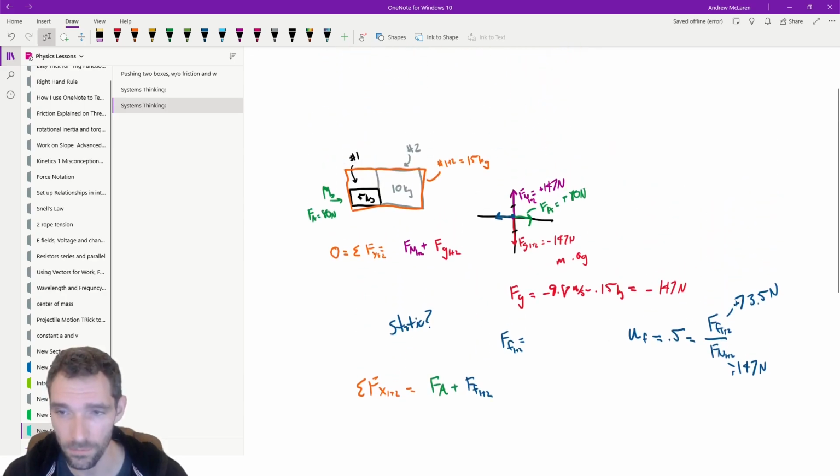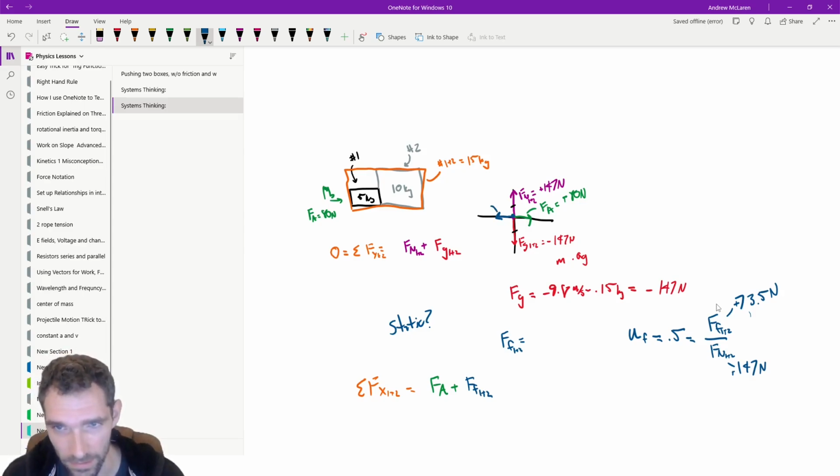So the force friction here, the static, is looking like we're getting, when we do the calculation, it's giving us a positive value, but I'm recognizing it's going in this direction. What I'm getting right there is a negative 73.5. So if we're getting negative 73.5 newtons for this force friction, and the applied was 80 newtons,